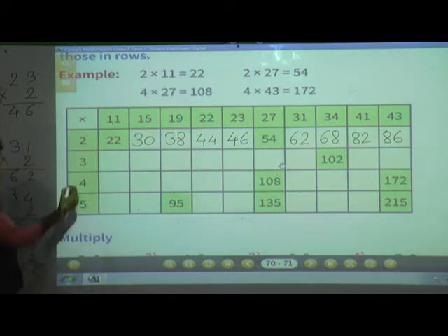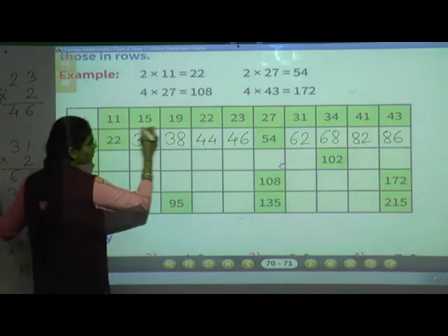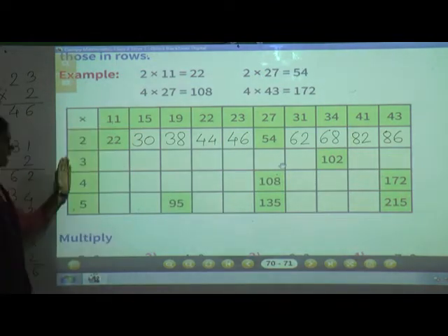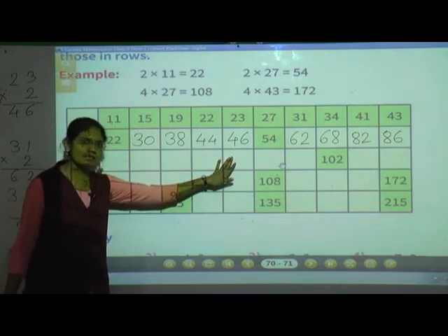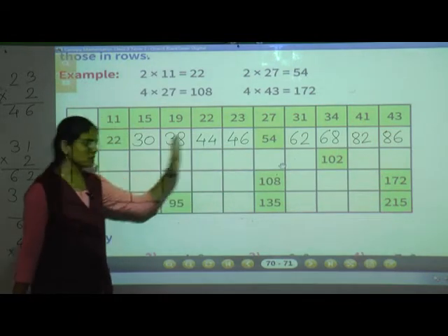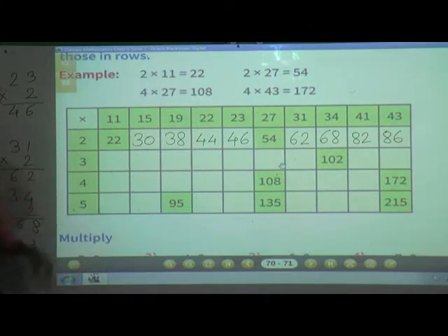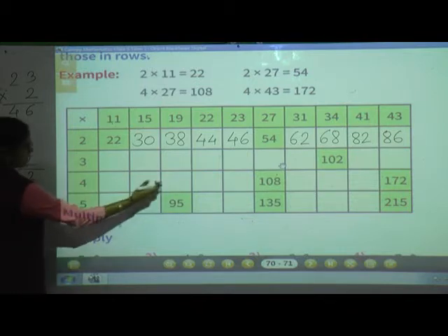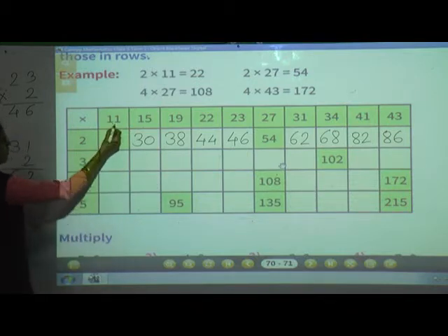You have to multiply by 3, 1 by 1, all these numbers and then you can write the answer here. So this row you have to fill by your own. Now we'll see this row. Now see here. Here in the column the next number is 4. Okay. So we'll fill this row first.